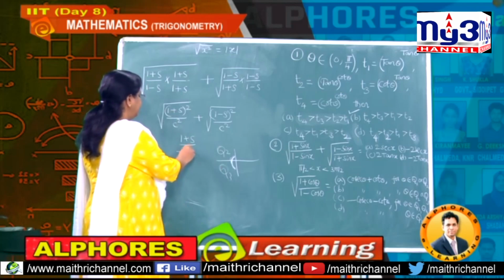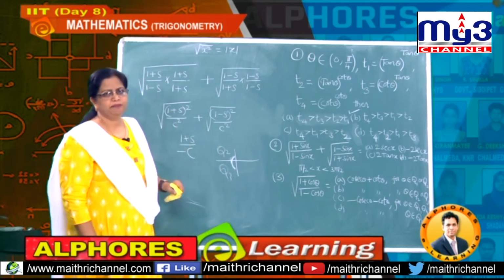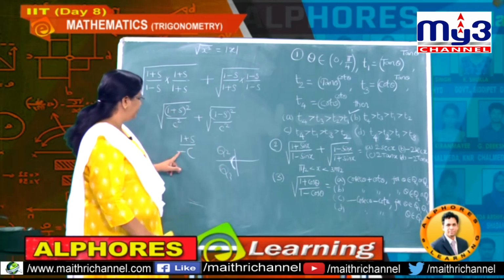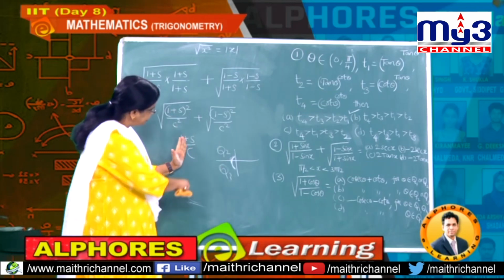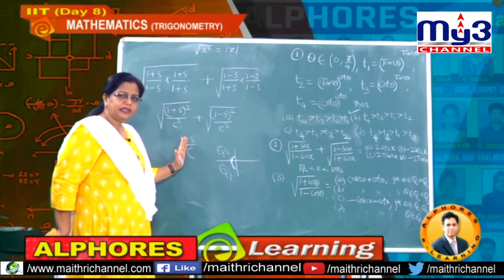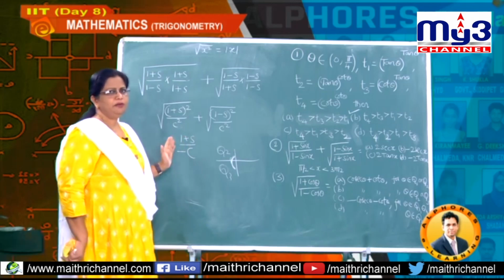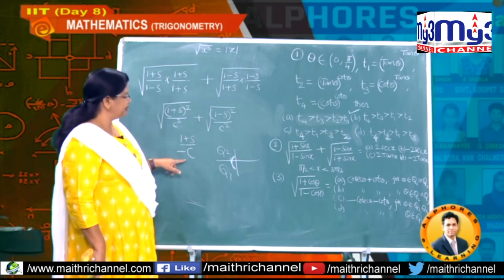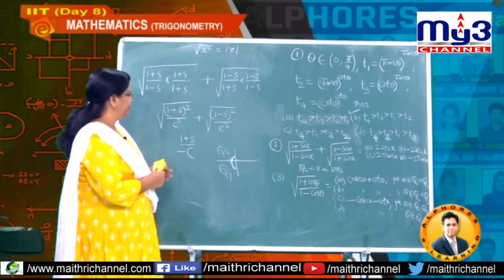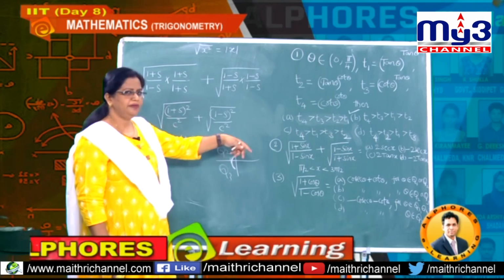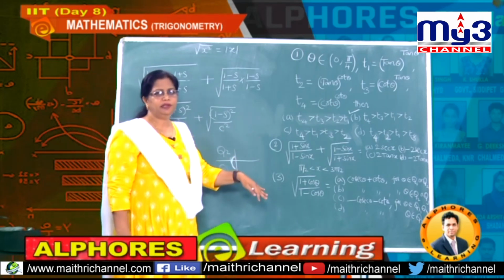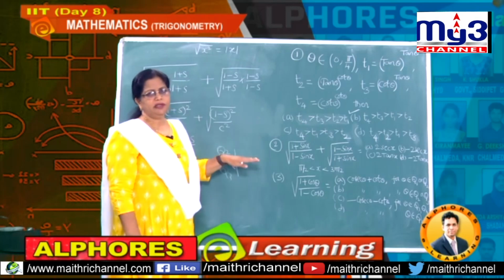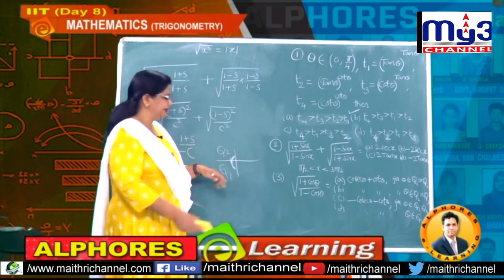Therefore, what I have to write is minus cos. The intention is, if you write minus cos, cos is negative, so that minus into this minus will become plus. So the square root answer is always positive. Therefore, whenever they are negative, you have to give one more minus symbol so as to make it positive.